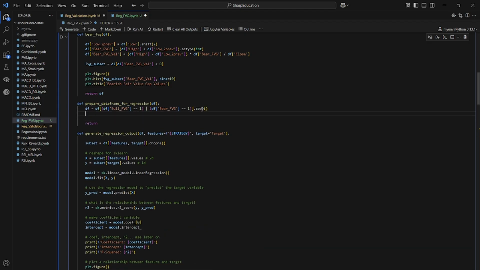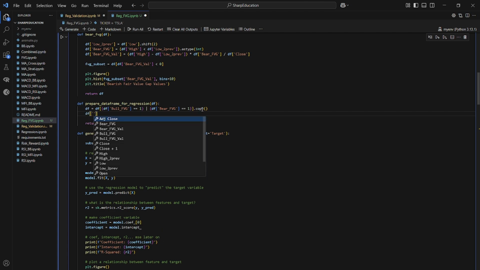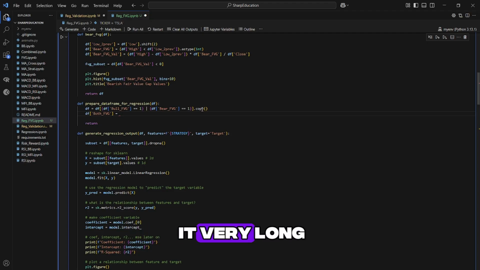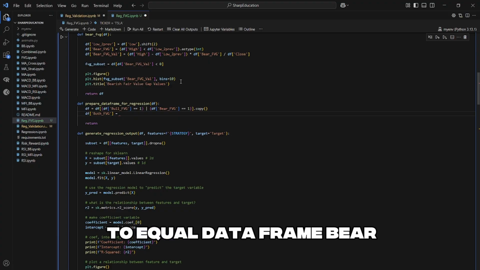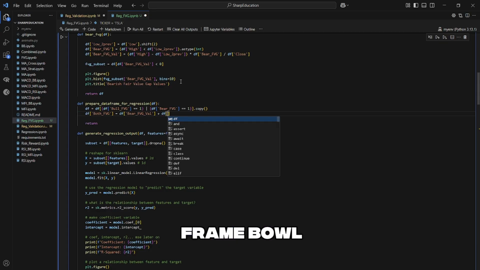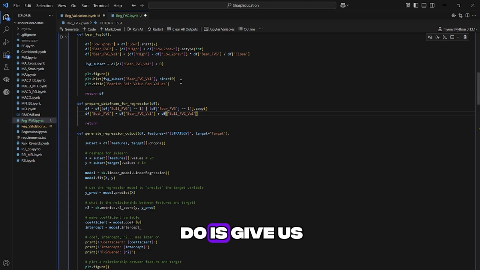And then what we are going to do after that is do data frame both FVGs. Not probably the most insightful name. I didn't think about it very long. Both FVG is going to equal data frame bare FVG val plus data frame bull FVG val. And what that should do is give us a range of